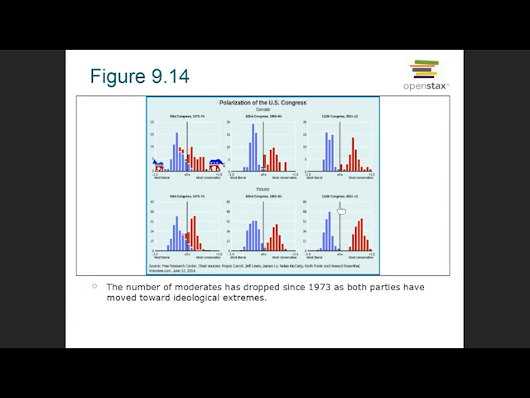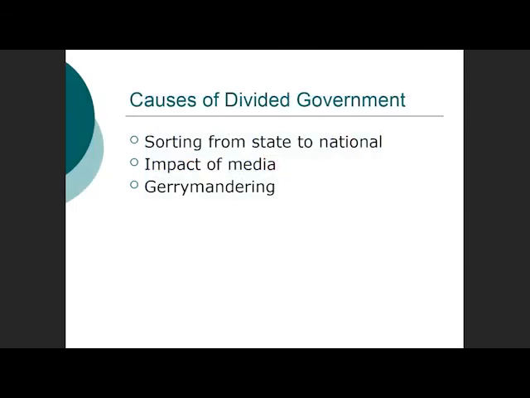Well, now, if parties are trying to win, they should be looking more like these over here than they should be looking like this, right? That rational party model says you should be close to the center so that you appeal to more people. But we're seeing our parties separate on the ideological spectrum, and we're seeing a large number of people say, either one of these groups are working for me right now. So, what's causing that? How are we seeing that? Why are we seeing that?